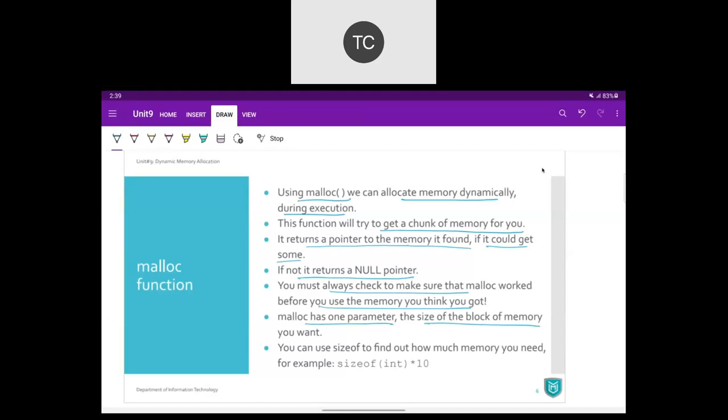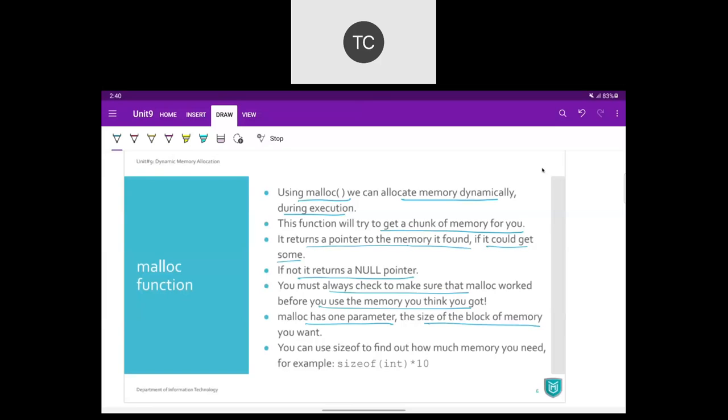Now how do you decide what will be the size of the memory block? It always depends on what kind of data you want to store. If you want to store an integer value, you will require 2 bytes. If you want to store a float value, it will require 4 bytes. Even that depends on the platform or the operating system, whether you have a 32-bit OS or a 64-bit OS and so on.